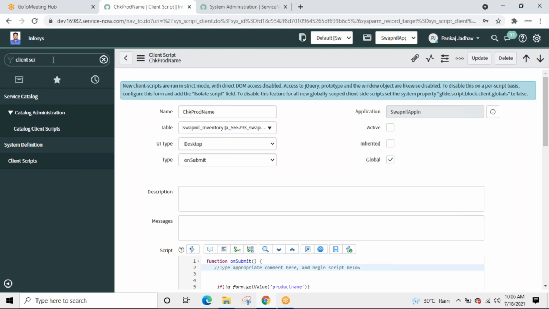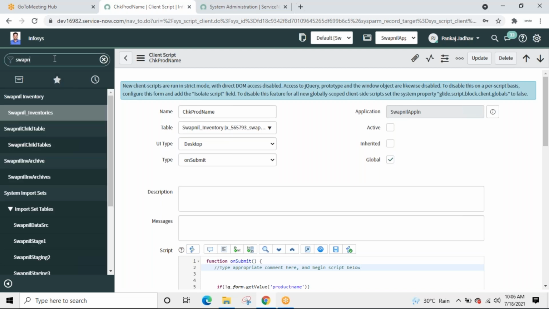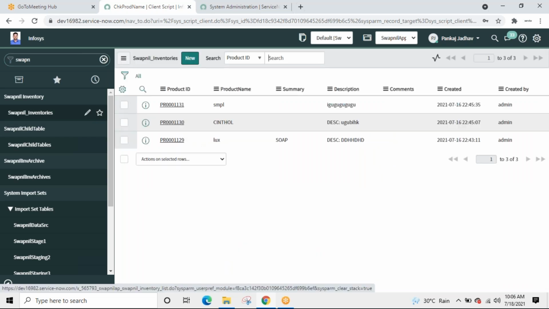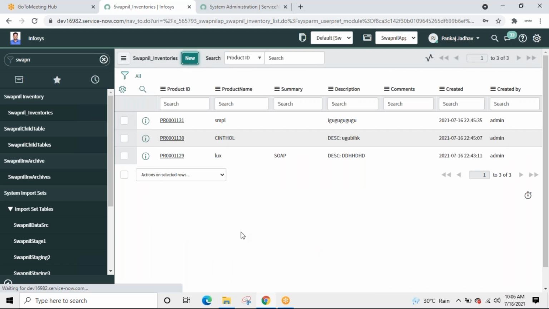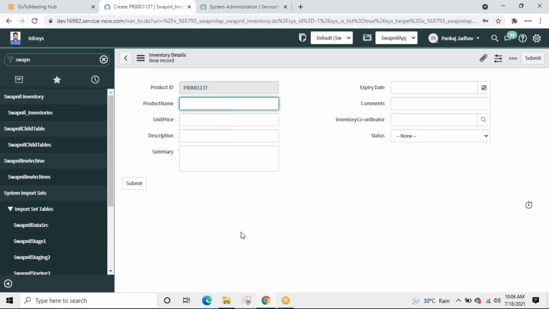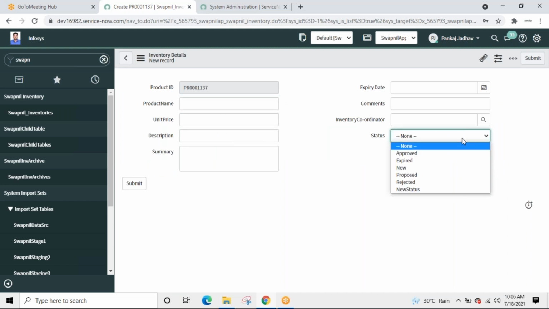So, our table, inventories. Let us try to create a scenario. What all fields do we have? Product name, unit price. All right.